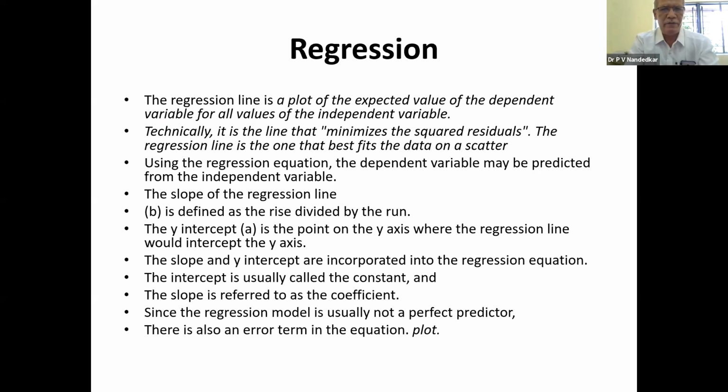Is it fulfilling the requirement, and is it accommodating all the variables and all the data points under consideration? Sometimes these data points are slightly different from the regression line that we have developed. However, when these data points are far away from the regression line,